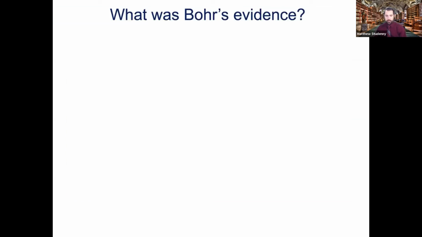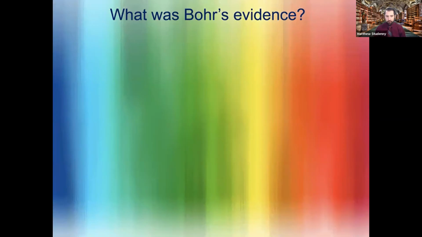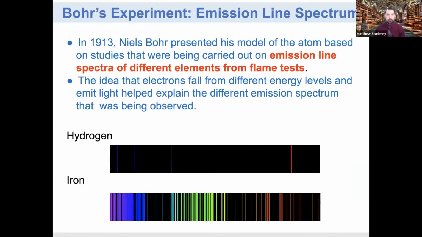So then what was his evidence to come up with this model? It comes down to light. You will see that in our lab this week, we're going to involve light in different colors, whether you're doing the in-person or online version. And so that's what he was working with. Specifically, it was these emission line spectra that he was seeing. And I'm going to assume that a number of you have been exposed to this type of thing, especially in